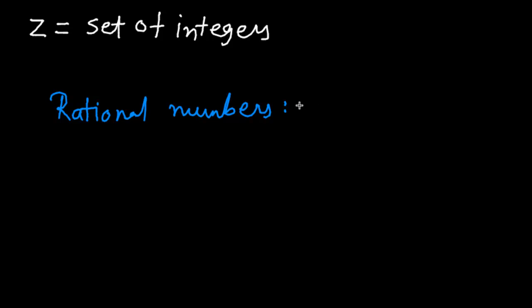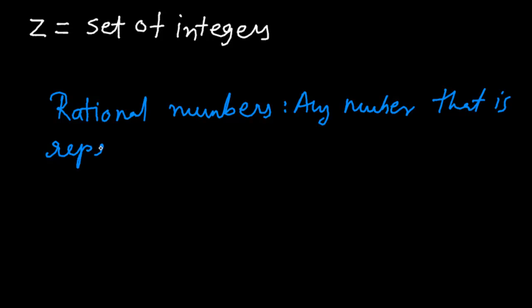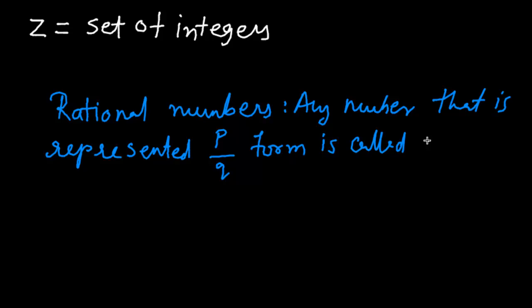Any number that is represented in P by Q form is called a rational number. Okay, so any number that is represented in the form of P by Q is called a rational number, where Q